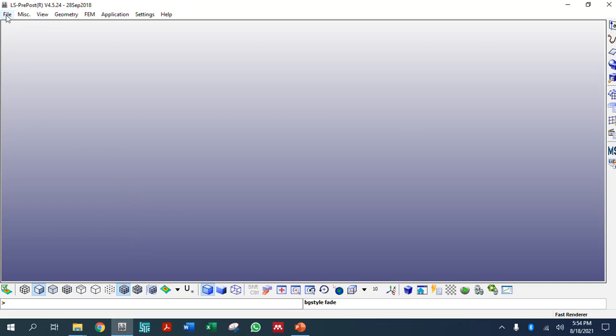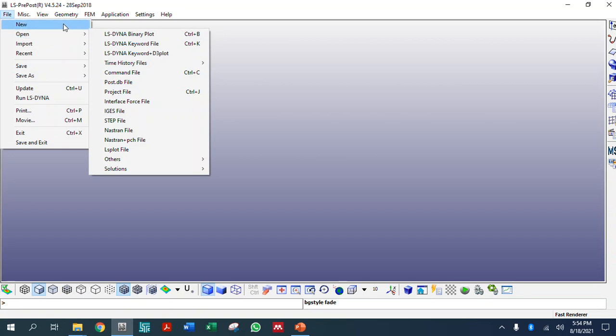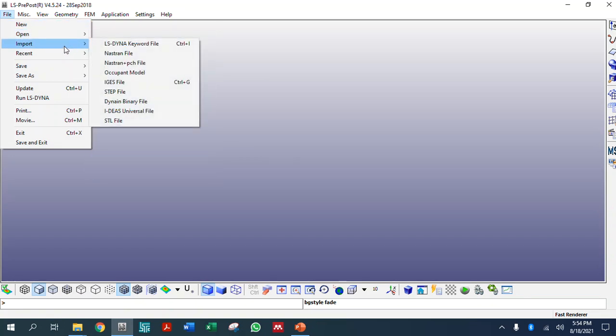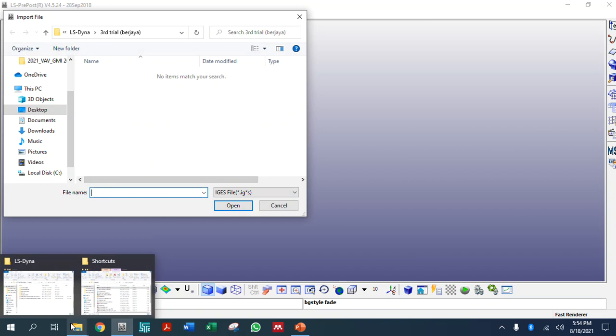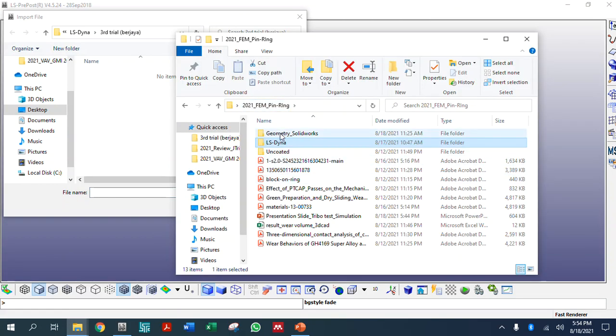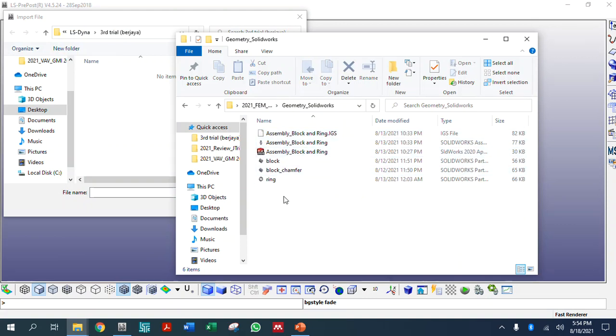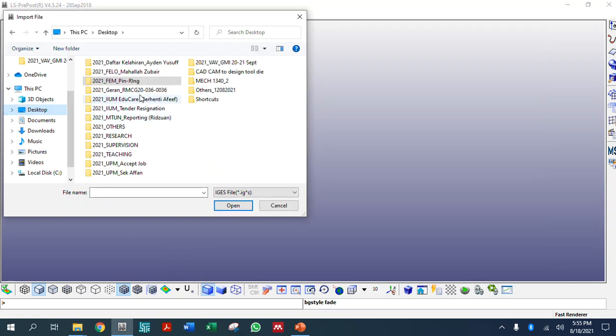Okay, we have it. So first we need to open the model. We go to import, and then we go to IGES file. This is the model I created using SolidWorks. We have the assembly block, the ring and block, and then we assemble it. So we want the assembly, so we go and find it